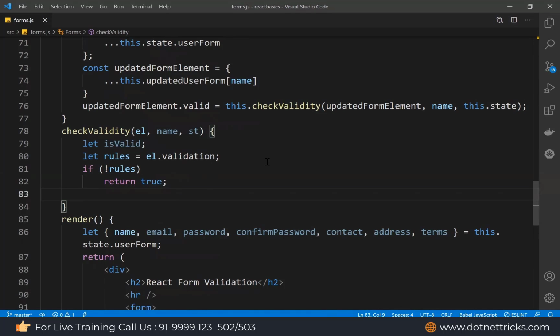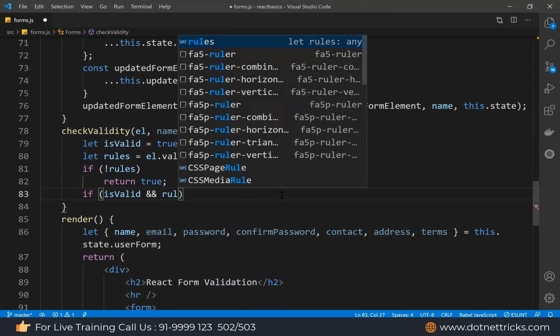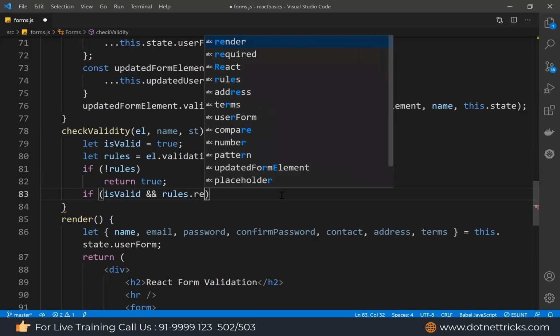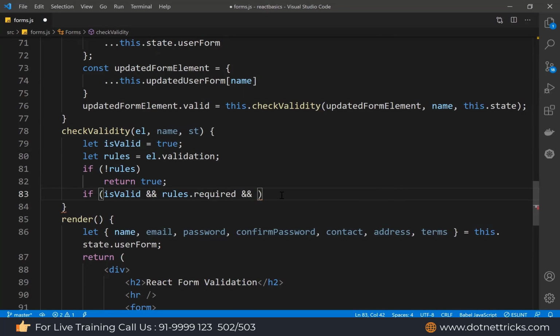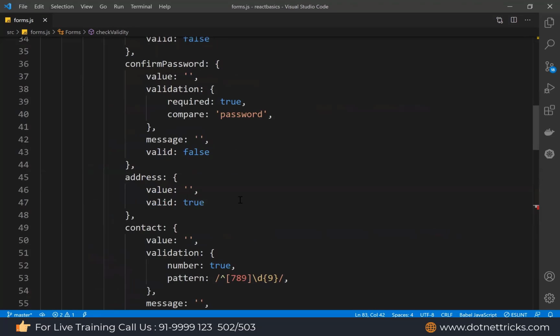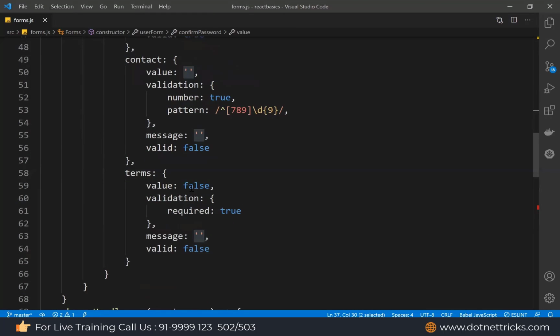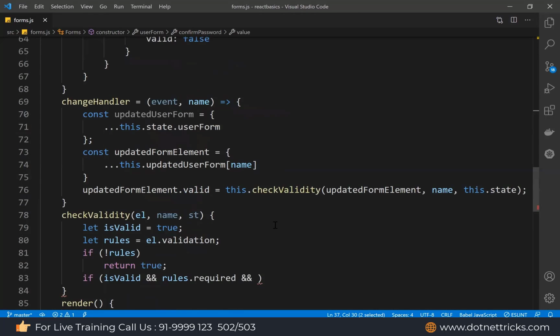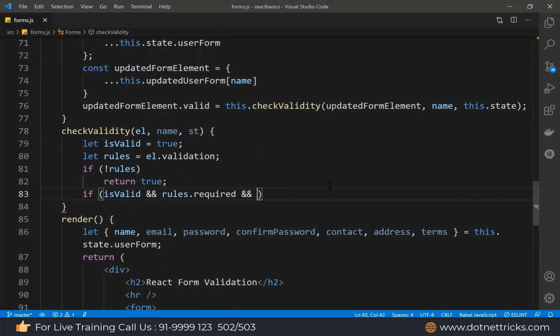If there is a rule, we can have different types. Now here, check if it is valid, because by default I'm considering it as true. Let's say it is valid, and now let's check all the rules, which rule is required. So write the required validation. Now if you look at the element value, it is here a string, and an element value can also be a Boolean type. So there would be multiple types of value. For some it will be a string, for some it will be a Boolean. So let me get the type of value.